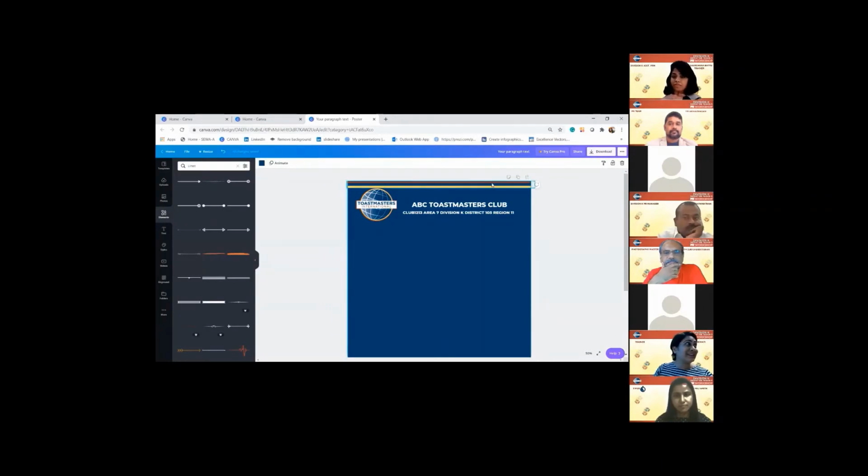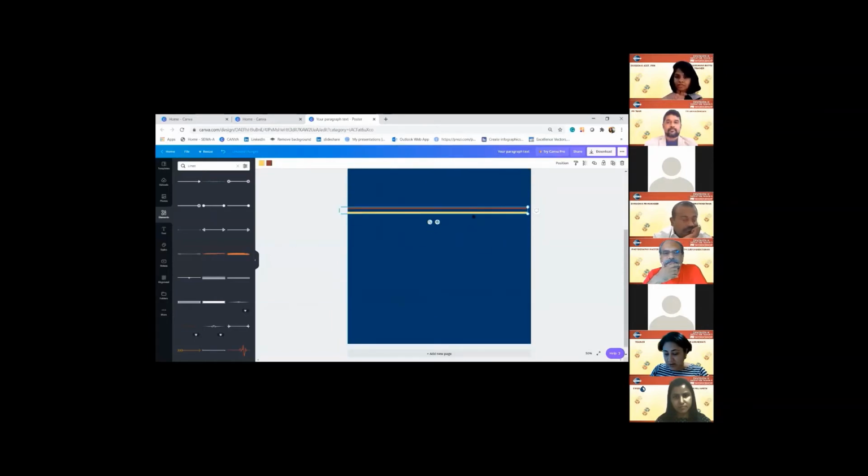Now I want to do the same thing at the other end. So should I do it again? Click on lines, then bring it down? No, what you can do is click on this feature. Click on the duplicate icon. Remember, I was talking about duplicating the text. So you just click on this and this appears. So we just drag it down.